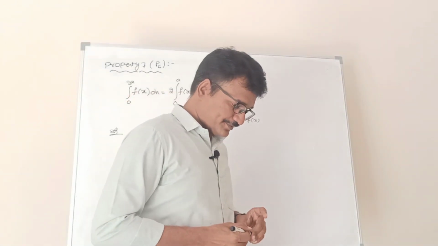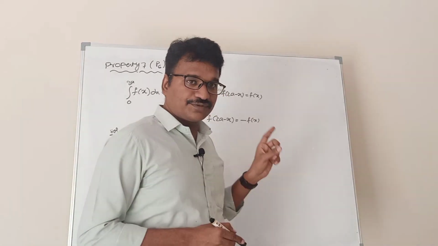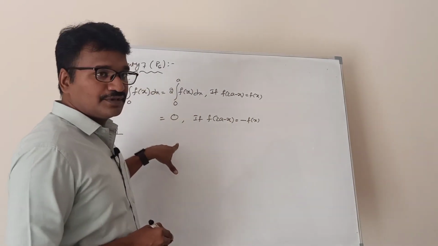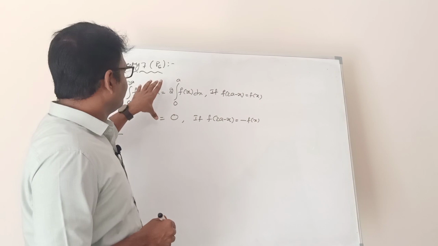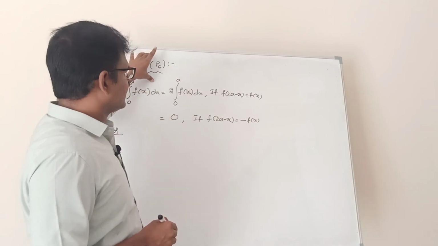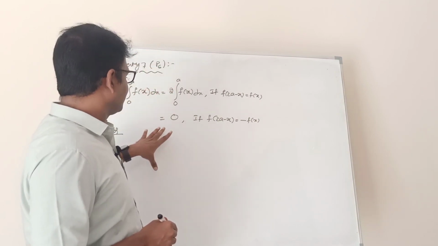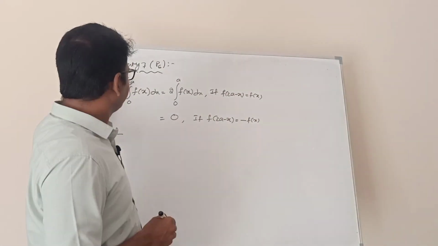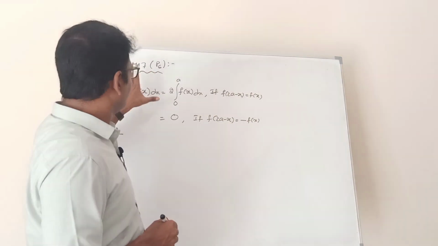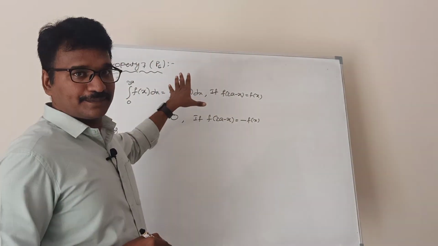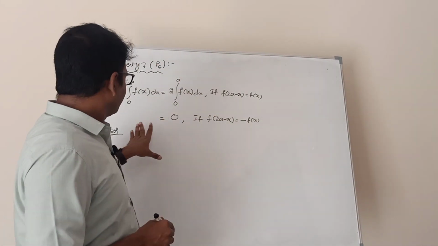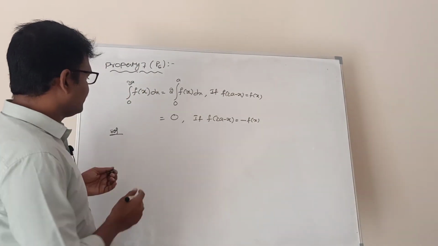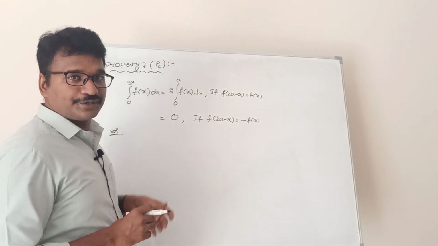In board exam, if this question comes, first we have to prove property number 6. Then we have to prove property number 7. Without proving property number 6, if you write only property number 7, you will get only half marks. That's why you need to write property number 6 first. If you want to prove, you prove property number 6 and then you prove the remaining proof. Whatever I will start here, from there you need to prove.